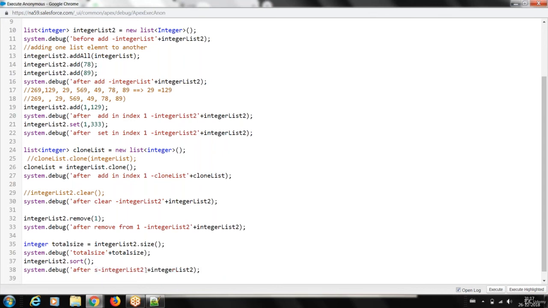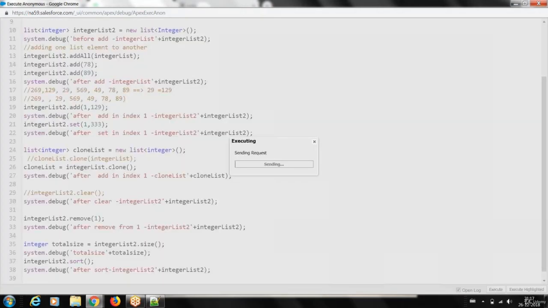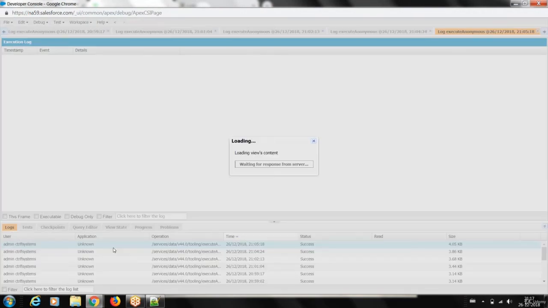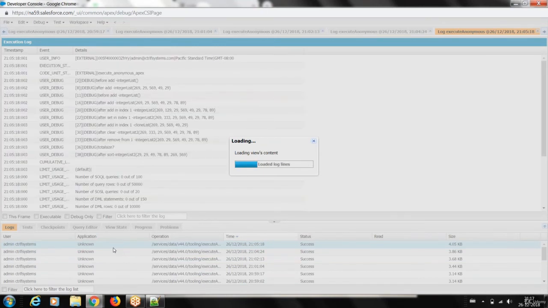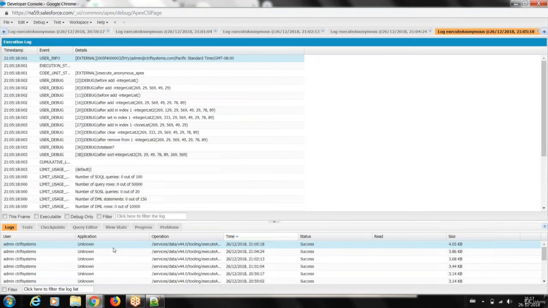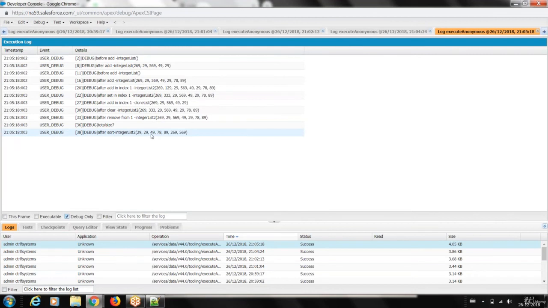After sort, let's execute it. The moment I execute it, what happened here? See, by default it is not sorted, but the moment I wrote the sort method, automatically the elements got sorted. But duplicate elements will be there if we have any. But the elements are sorted now.